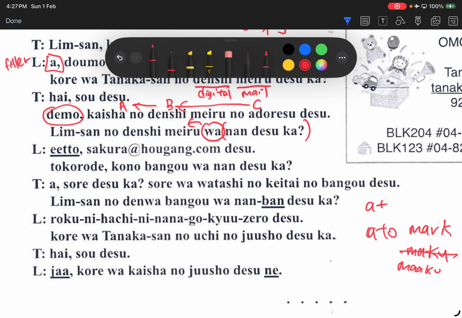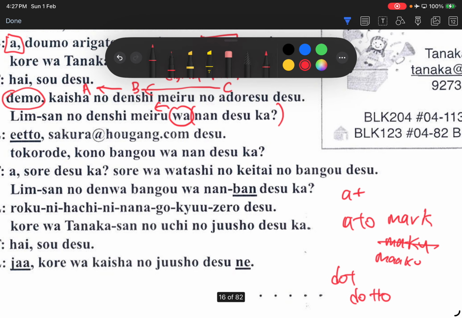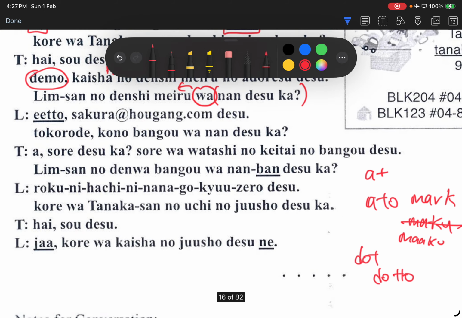Right? .com. So dot, D-O-T. We pronounce it as dotto com. C-O-M is com. I mean if you want to say @ mark also can lah. They know what is @ mark lah. But I'm just trying to say in Japanese @ mark. Right? Sakura @方眼.com です。